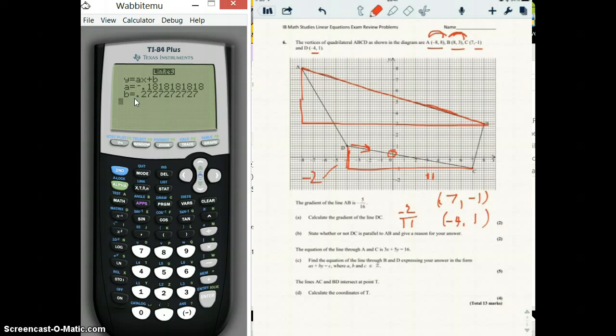Okay. State whether or not DC is parallel to AB and give a reason for your answer. Well, the gradient for AB is -5 divided by 16, and the gradient for DC is -2/11. So those aren't the same number, and to be parallel, the gradients have to be the same. So yeah, gradients not the same. Okay. Now part C, find the equation of the line through BD and express your answer